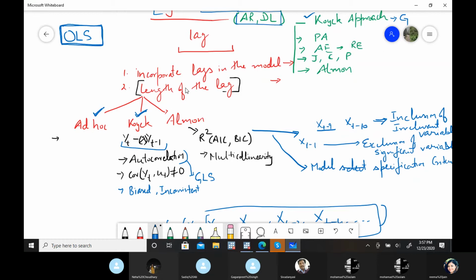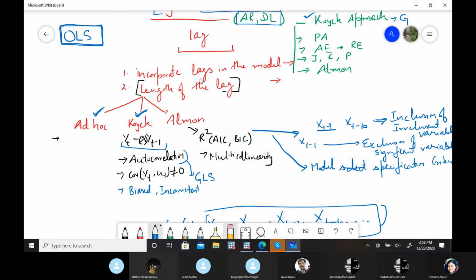These are the only two questions that these dynamic chapters are trying to answer: how we incorporate lag, and what the idea is behind that particular methodology, whether it is Koyck or Almon, why we take that notion, and how we handle the question of the length of the lag. This is the whole background behind this in all the textbooks on dynamic econometrics. But I have seen the question papers, not only in your university but in my Punjab University and many other places. They are not asking these questions.